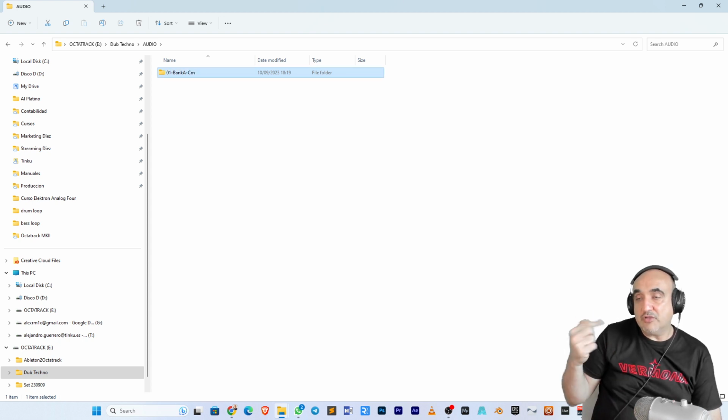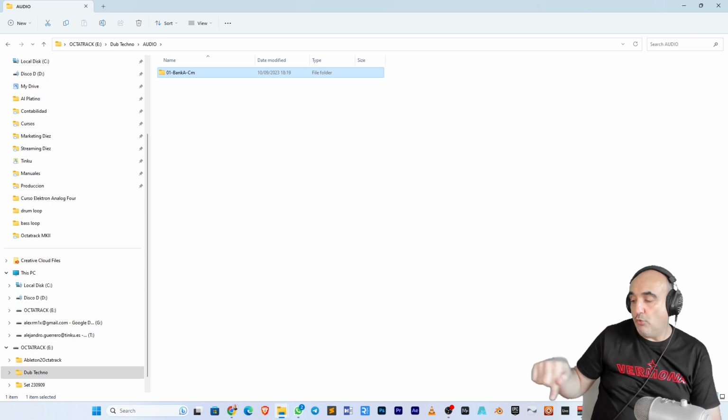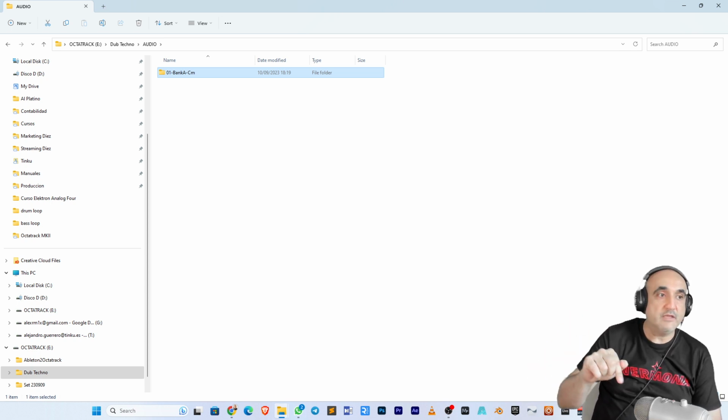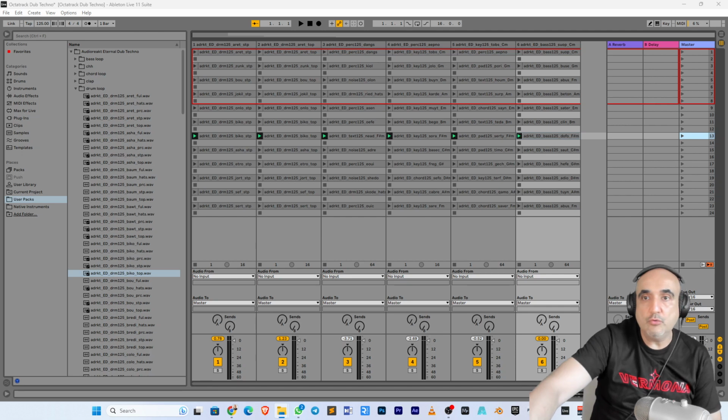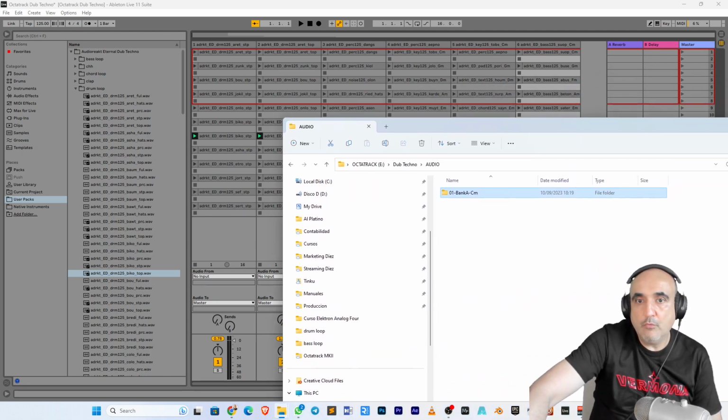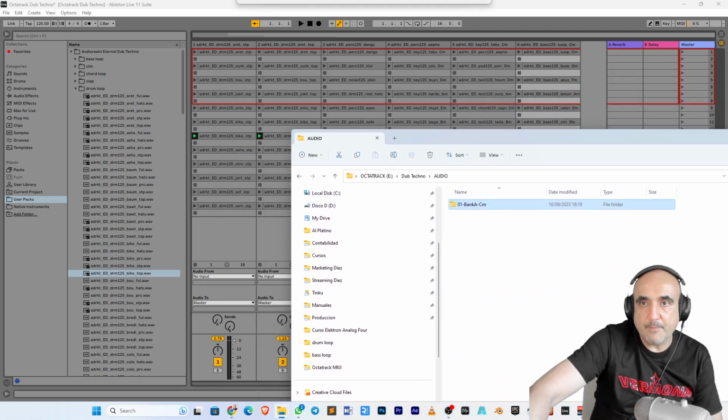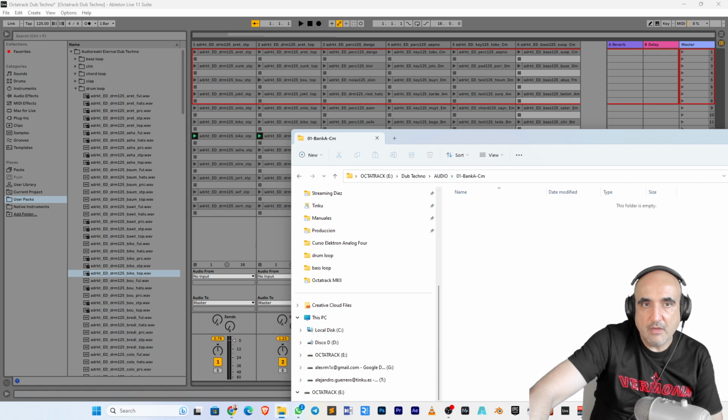Why do I use this? Because later in the Octatrack, it will be easier to locate the samples this way. Okay, so how does it work? I'm going to move this here so you can see all together. And I'm going to take the samples from the first line. I'm going to open the folder. And here,